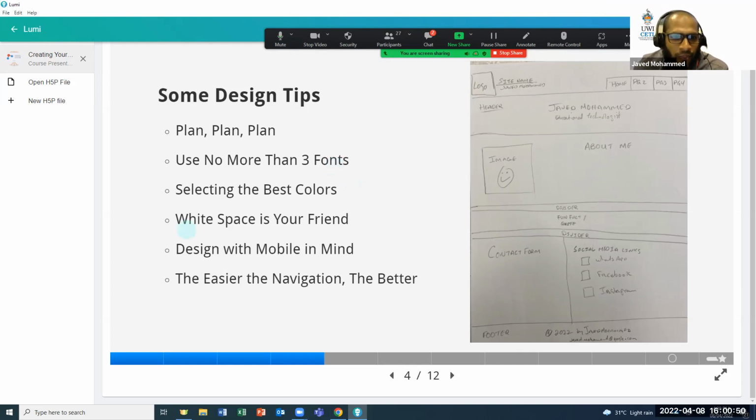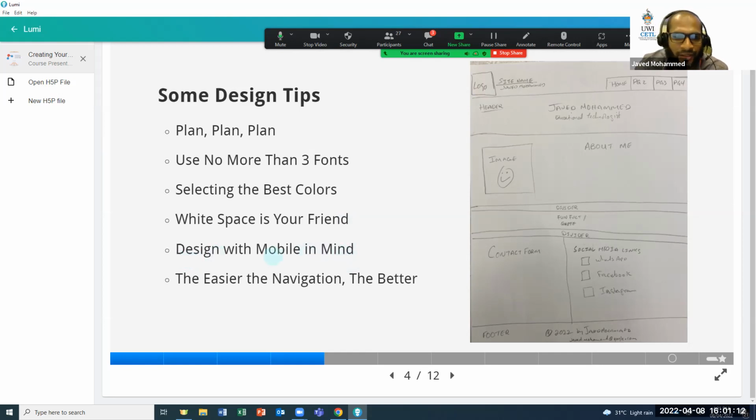All right. White space is your friend. Don't be afraid to use the white space in Google Sites or any other site builder that you decide to use. Don't make your page cluttered. Make it free from clutter, actually. Design with mobile in mind.